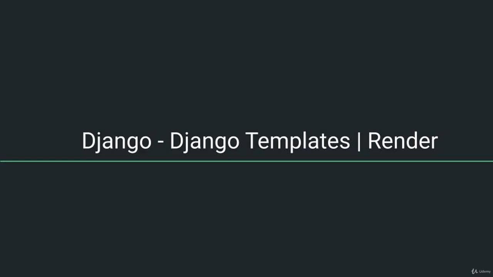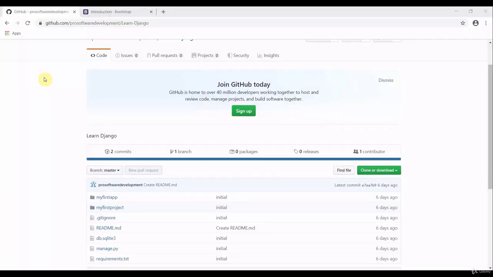So this is our fourth tutorial of our Django series. Like in the previous three tutorials, I showed you how you can create a Django project, how you can initialize the Django app, and how you can work with the request and response part. If you have any doubts regarding those tutorials or you have missed any, you can refer to